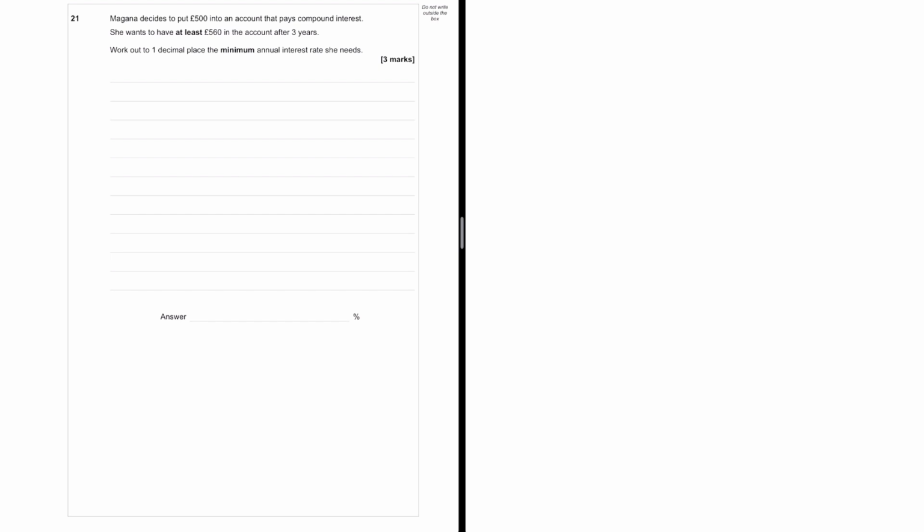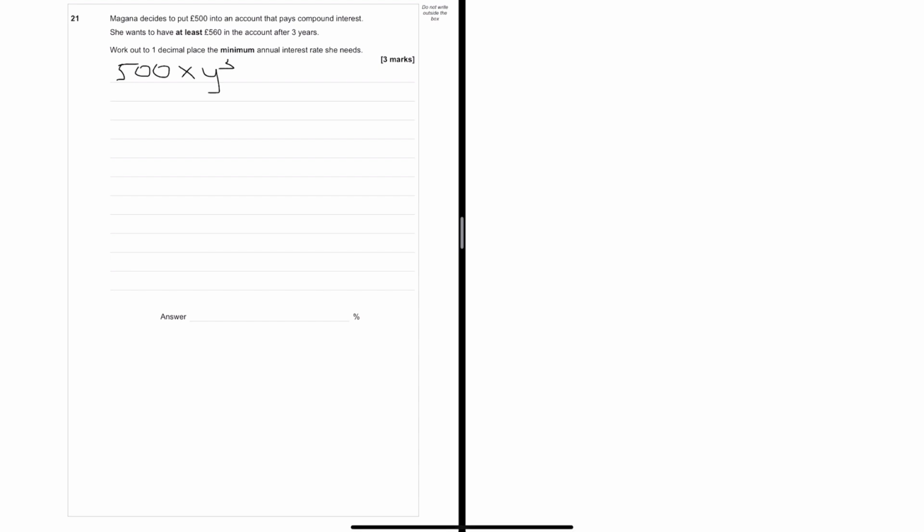So for question 21, we're told that Magana decides to put £500 into an account that pays compound interest. She wants to have at least £560 in the account after 3 years. And we've got to work out to one decimal place the minimum annual interest rate she needs. So what this is asking is, if we call the interest rate Y, this is saying 500